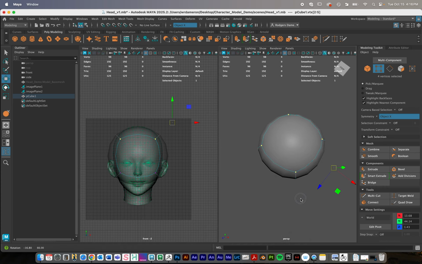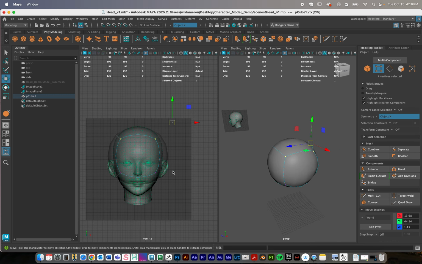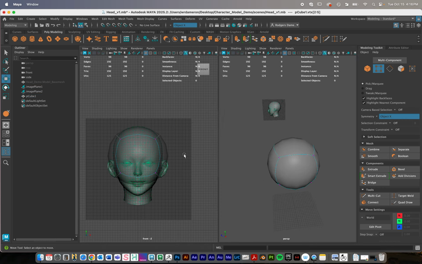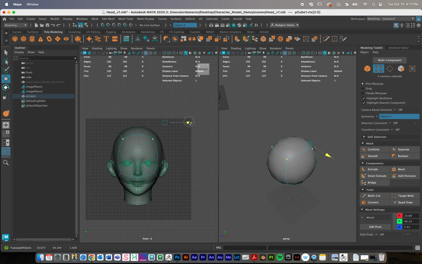And that's going to be really helpful because I want to see both which vertices I'm grabbing and not get too locked in to the orthographic reference images, and also keep an eye on what my model actually looks like in 3 dimensions. So you can see intentionally I'm grabbing the front, the left and the right, and the front and the back right there. And I'm just going to press W. Remember, symmetry is turned on. Oh, I'm sorry, I misspoke a little bit. So I'm grabbing right there, and I'm just going to push those in